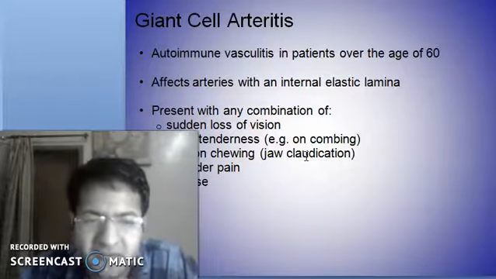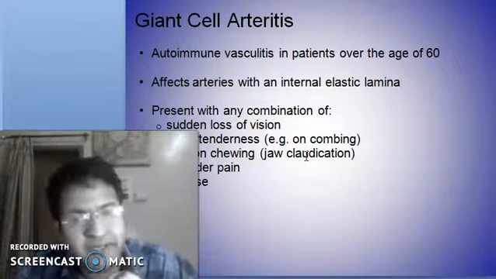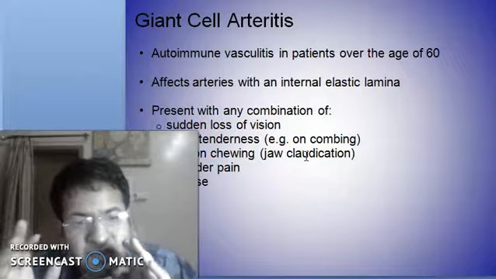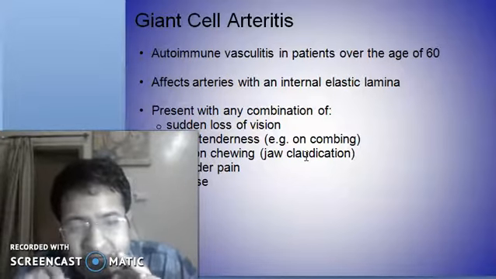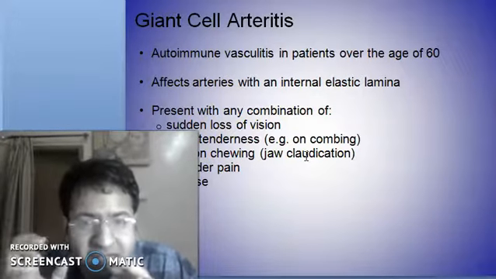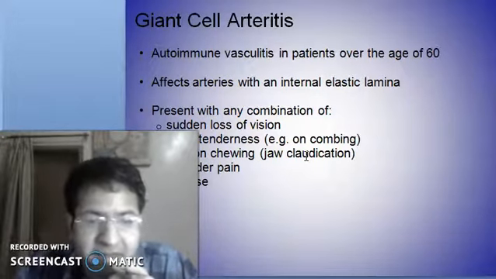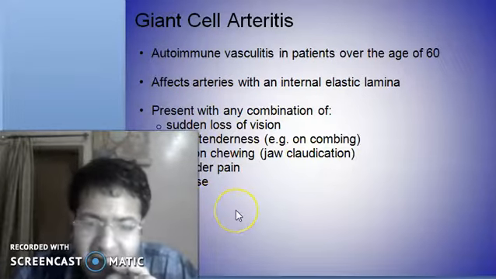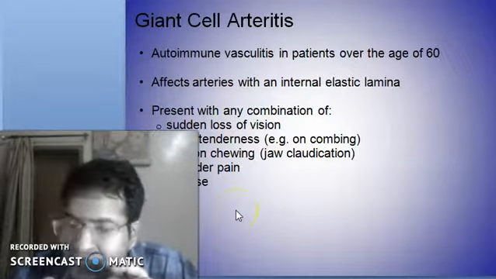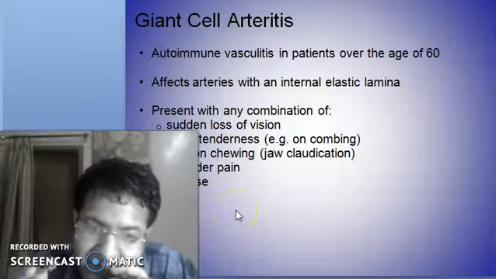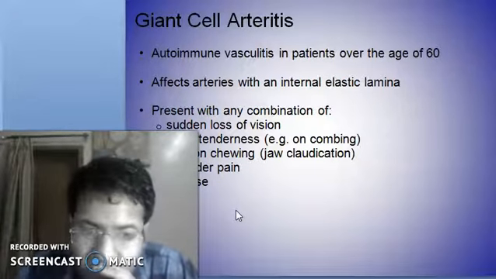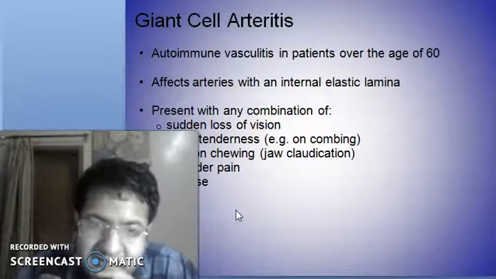What is giant cell arteritis? It is an autoimmune vasculitis in patients over the age of 60. It affects the arteries with an internal elastic lamina. Do the central retinal artery branches in the retina have the internal elastic lamina? No. But this giant cell arteritis